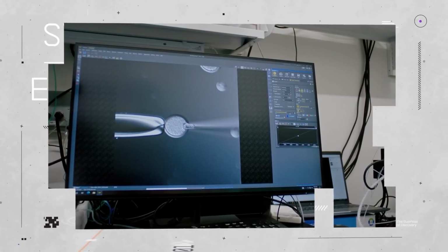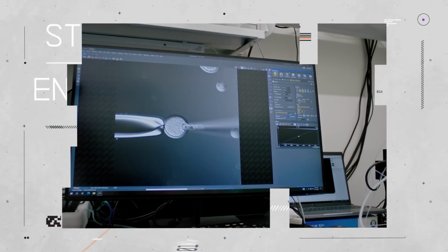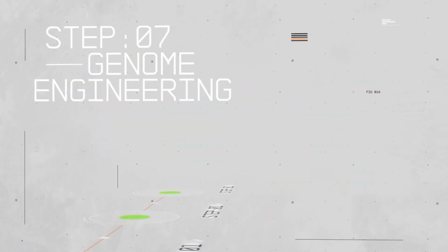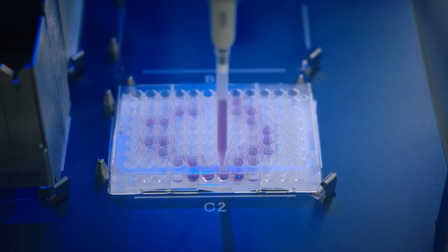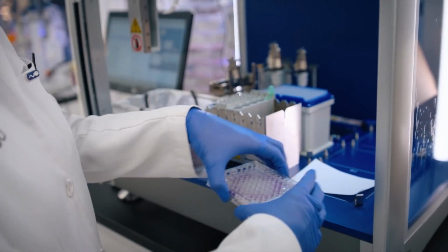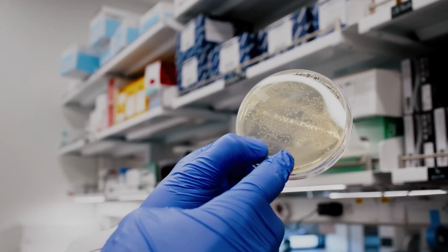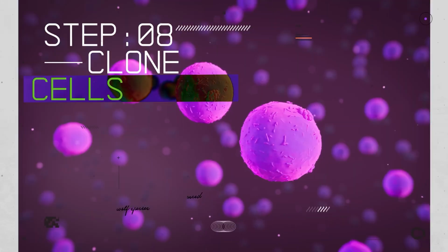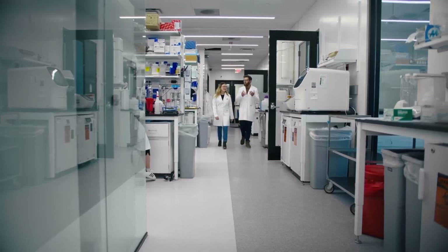Enter Colossal Biosciences. In 2021, geneticist George Church and entrepreneur Ben Lamb founded Colossal Biosciences, a company with a jaw-dropping mission: to reverse extinction. Together, they dreamed not just of bringing back the woolly mammoth, but of creating a new conservation revolution. Launched in 2021 with $15 million in seed funding, Colossal exploded in growth, attracting investors like Tony Robbins and Thomas Tull. Today, they're valued at over $10 billion, working on reviving not just dire wolves, but mammoths, thylacines,